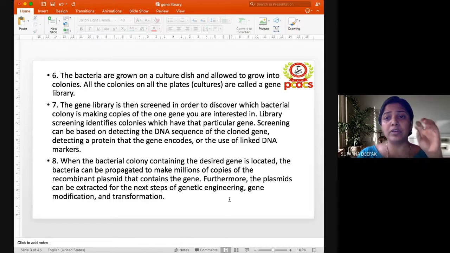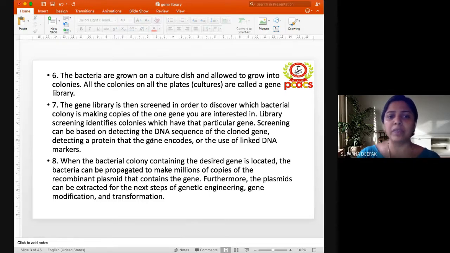So what I will do is select this gene library of Drosophila, and from these there would definitely be many bacterial cells which are going to carry different genes. Now I will be screening, trying to find out which of those bacteria is carrying my gene of interest. There are various different methods used for it. You can go for nucleic acid hybridization, plaque hybridization, or your functional screening method, depending upon what your purpose is. So that's how you can screen them.